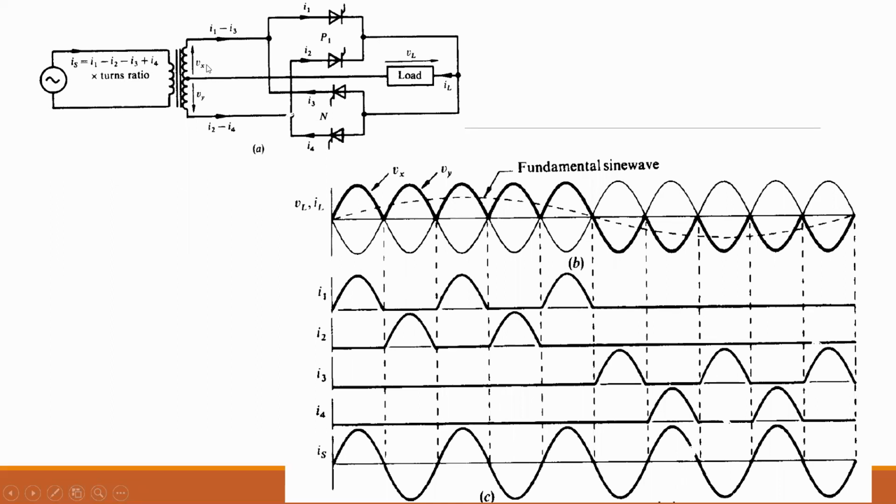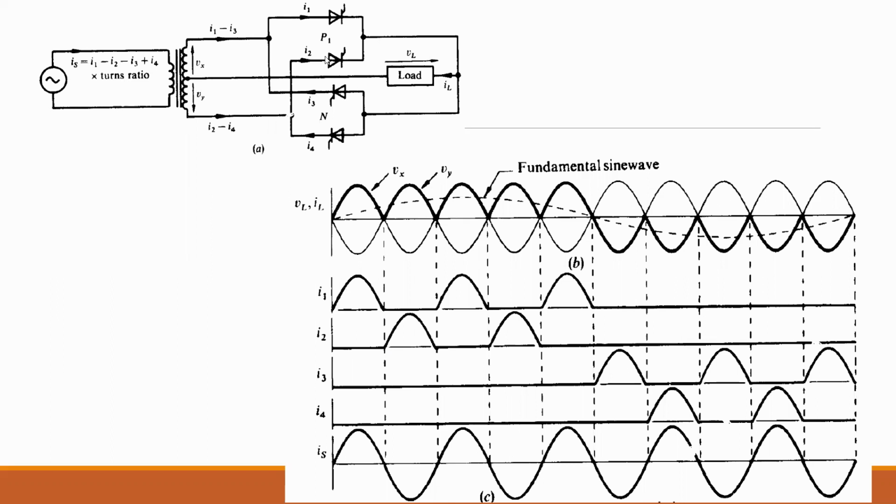With the positive Vx, two thyristors are connected: one is the T1 thyristor and the other is the T3 thyristor. How do they actually operate? When the Vx positive voltage comes here, this thyristor needs to be forward biased. If no firing pulse is provided, it will not conduct. So we have to provide a firing pulse to this thyristor first. When we provide a firing pulse, it turns on, so a current flows in thyristor T1.